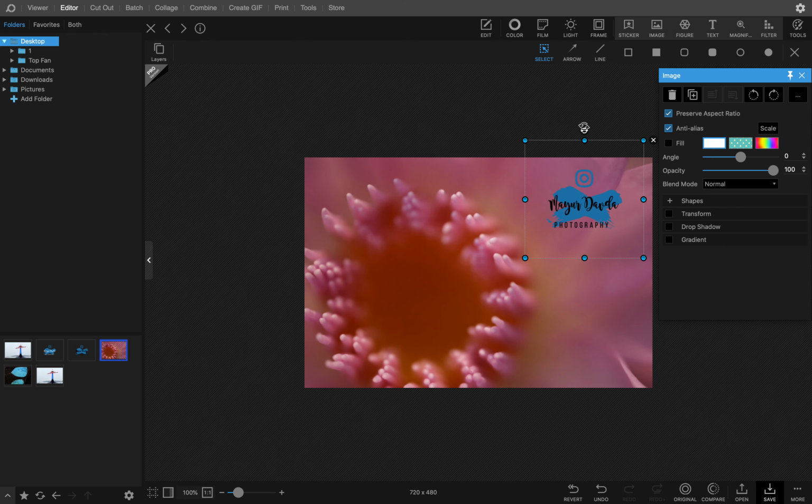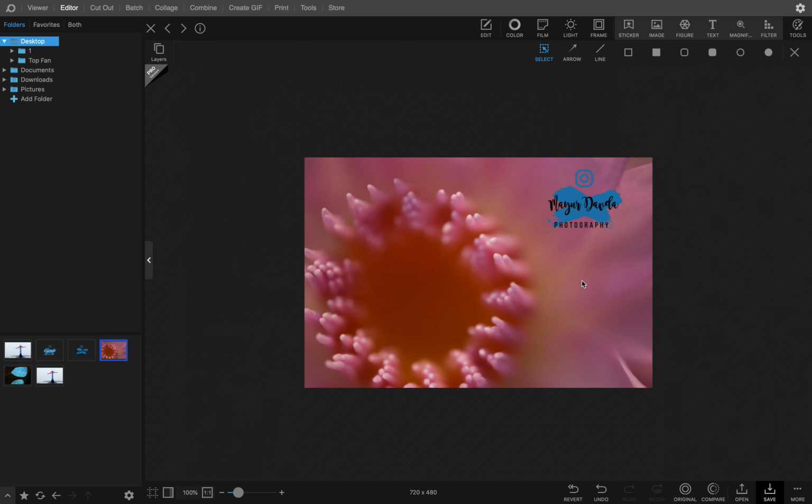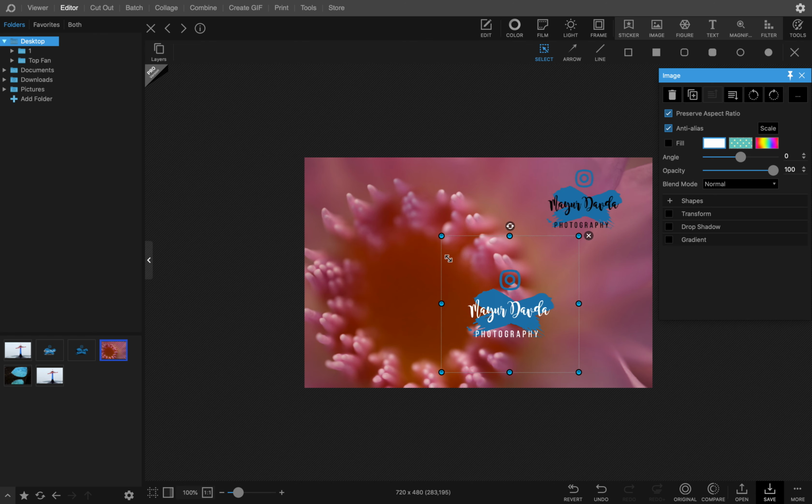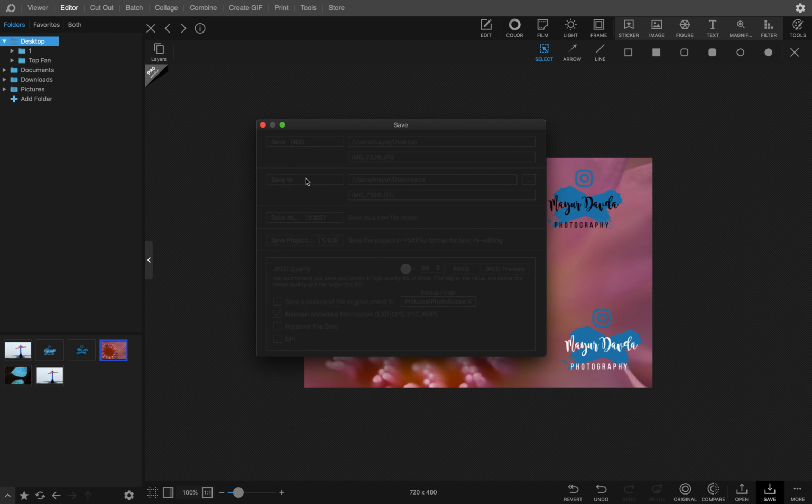This is the black logo and this is the white logo. You can choose whatever you like in such situations. So basically, whenever your backgrounds are lighter or white, choose a black logo. Whenever the backgrounds are darker or black, choose a white logo, and you can save it wherever you want.